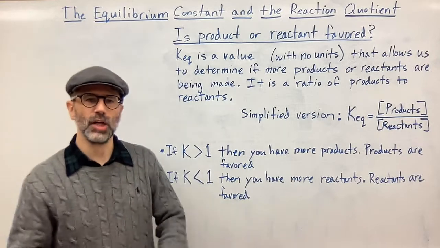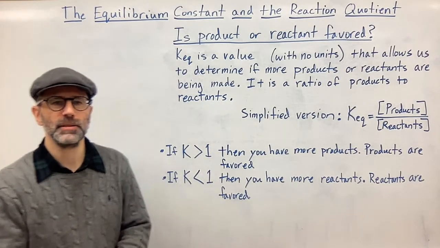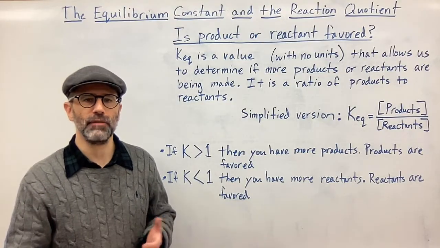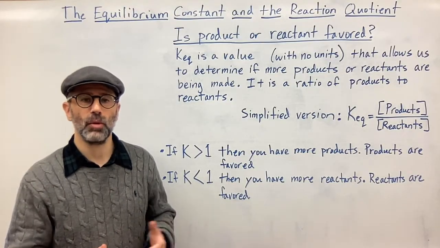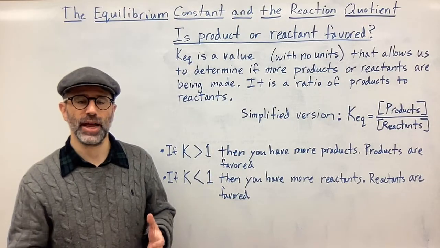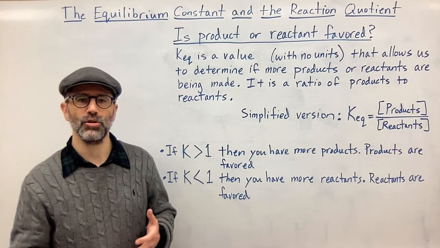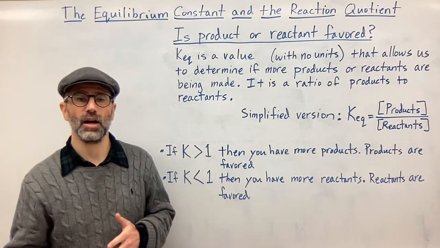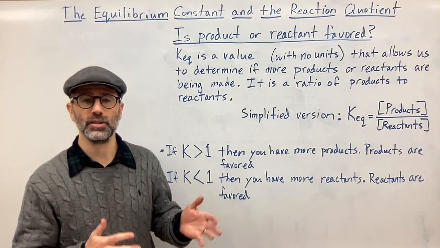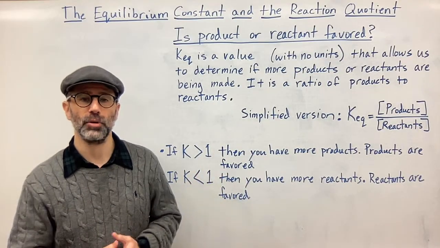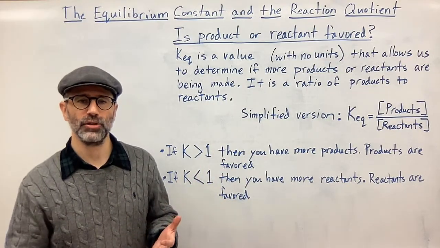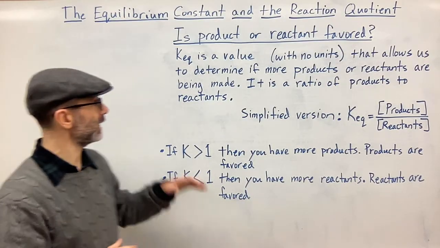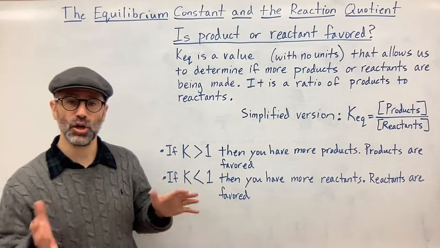Okay, so let's start with a simplified version of this. Again, the question is product or reactant favored? We saw just a moment ago that you can understand what side is favored based on what side of your equation, reactants or products, you have more of at equilibrium. And how does this relate to the KEQ, or the equilibrium constant? Well, KEQ is a value, it has no units,